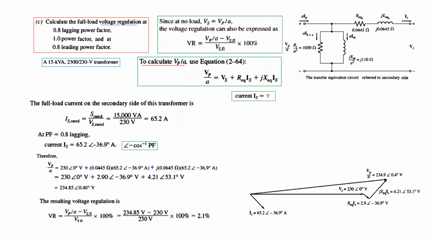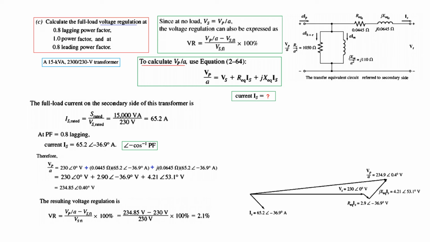So here we draw it. I times R equivalent, that is 2.9, this value here. We are plotting it here. And then at 90 degree, we plot this value, 421 at angle 53 from here. So 53, if you add this, it will be 90 degree. Anyway, this is done, and now if you add, you can get the VP/a. So this is the phasor plot, and we have found the first part, that is for 0.8 lagging, the voltage